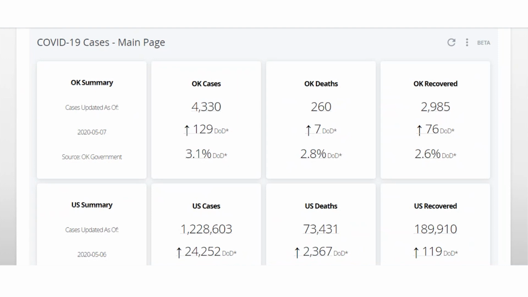On this dashboard main page, you will notice that at the top, there are some Oklahoma-specific statistics as of May 7th, which indicate on a day-by-day basis the total number of confirmed cases among Oklahomans. Of those cases, the number of Oklahomans who have died, as well as the number of individuals who have recovered. Additionally, you will find the direction and number of daily change and a growth rate from the prior 24-hour reporting